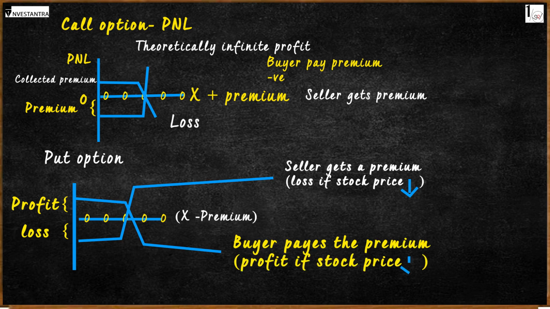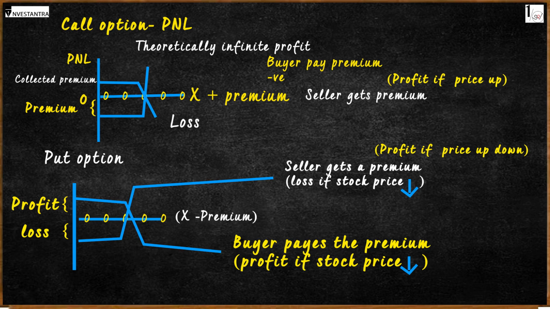Remember, the x-axis represents the stock price. So I'll just put that also over there. Stock price. And stock price is an example. This can also be commodity, currency, whatever it is, right? So the profit is if it goes down. The buyer pays the premium. Profit if